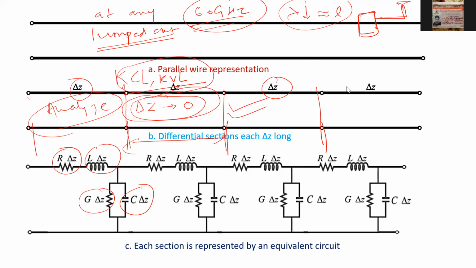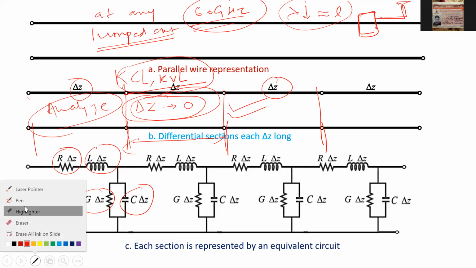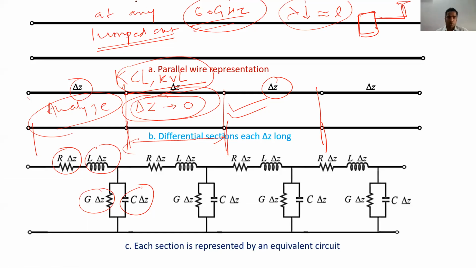Sir, due to the current flow in the wire, flux is generated, so the inductor comes into picture. Very good. Sir, there are two conductors, and in between there is air also, so the capacitor comes into picture. And sir, the wire itself has a resistance, so R comes. Yes, because the conductor is not ideal. As the conductor is not ideal, it will have some resistance. And because of the current flowing through the conductor, there will be magnetic flux, and the magnetic flux linked with the current will give rise to inductance.